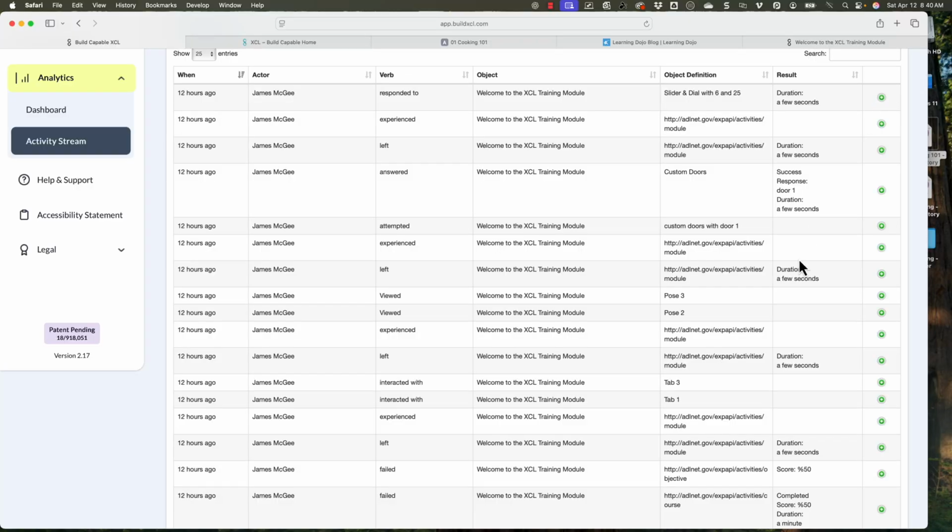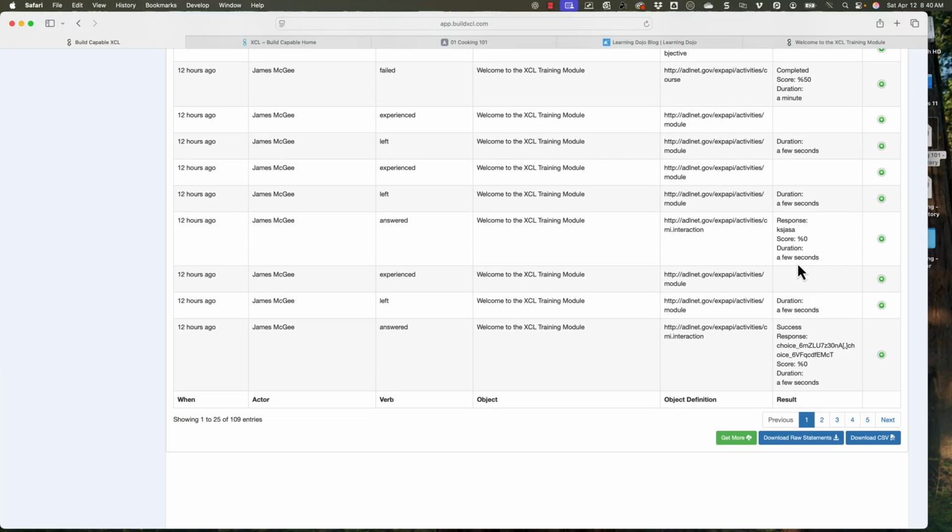All right, so now what I'm going to do with all of this data, that's great, but I want to create some graphs. I want to ask it questions. What does this mean? Where are some of the gaps? What are the most visited pages? Things like that. That's where you can go in and use this GPT,